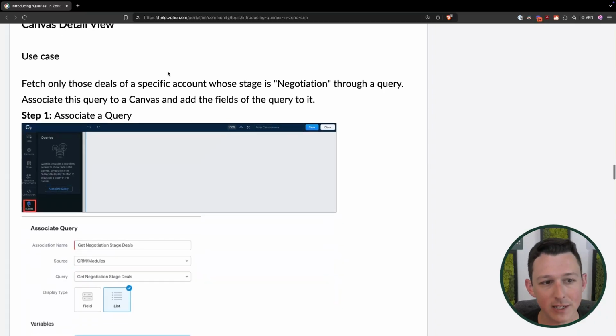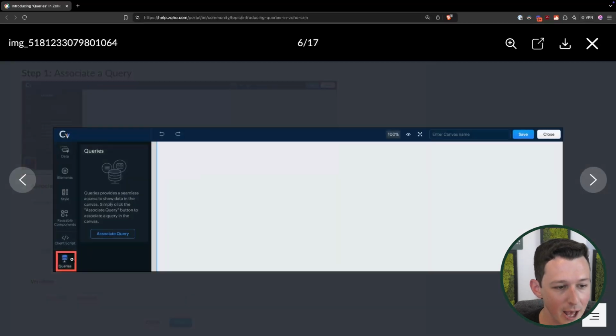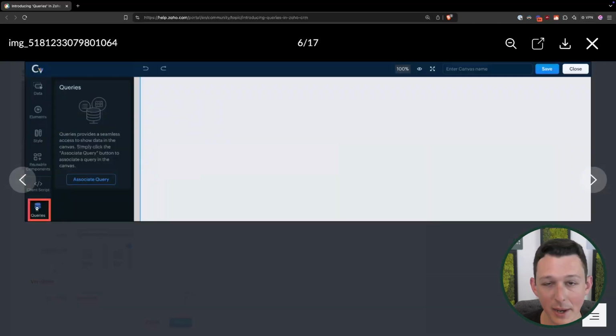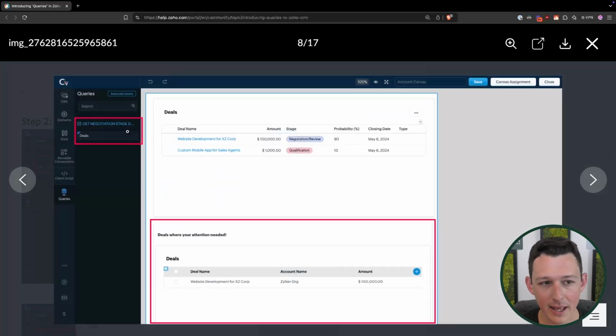So down here below, we can take a look at the canvas view. Basically I'm in my canvas view, I'm coming to the bottom left and I'm selecting my queries subset here. Then I can choose to associate my query as either a field or a list. I'll tell you, 9 times out of 10 here, I'd imagine people doing this as lists rather than particular fields. Then I can just drag it right into my canvas view,